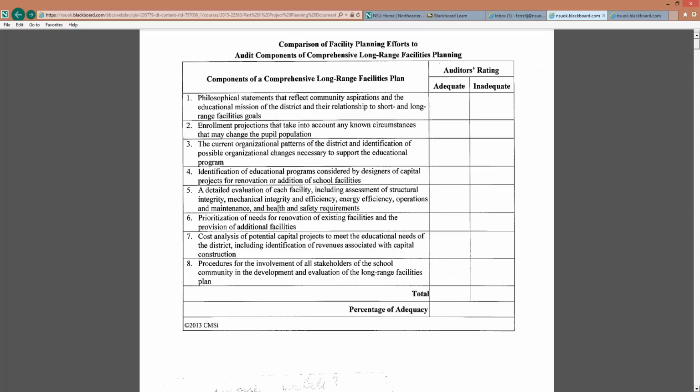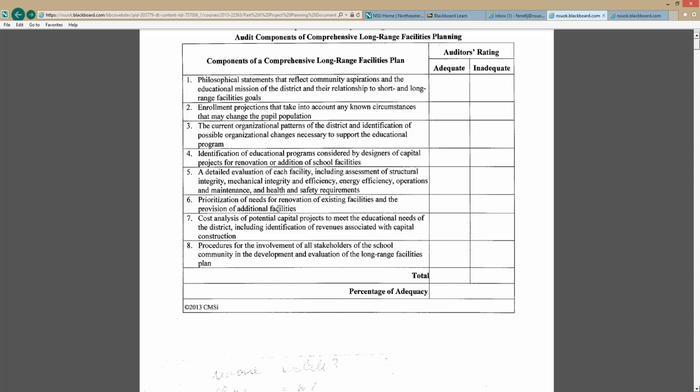Number 6, a prioritization of needs for renovation of the existing facilities and provision of additional facilities. Number 7, a cost analysis of potential capital projects to meet the educational needs of the district, including the identification of revenues associated with capital construction. And in Oklahoma, when we talk about revenues for construction, while we do have 4 mills going into our building fund, in most districts, practically all districts, that isn't adequate to supply construction revenues,